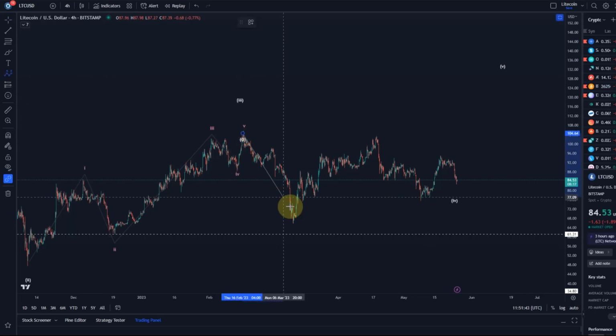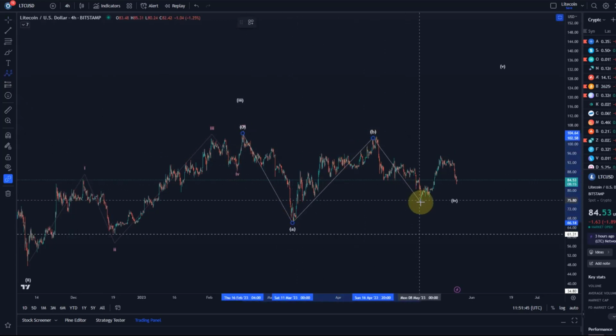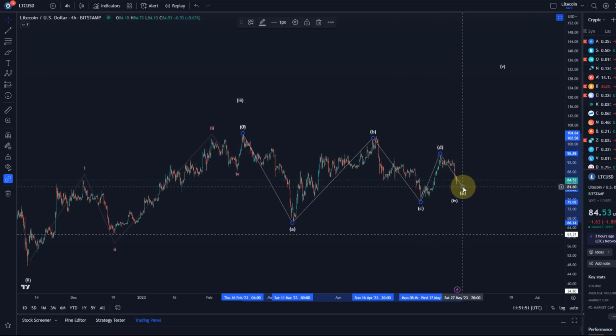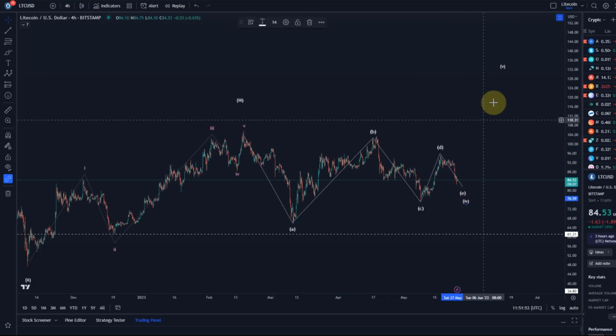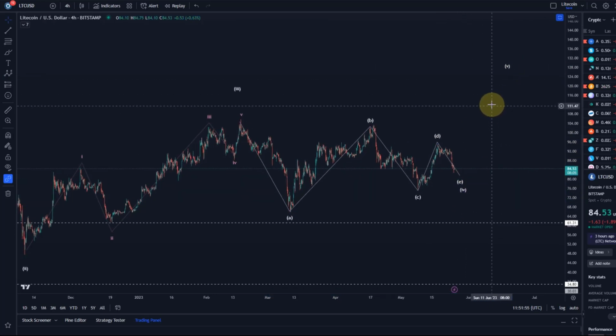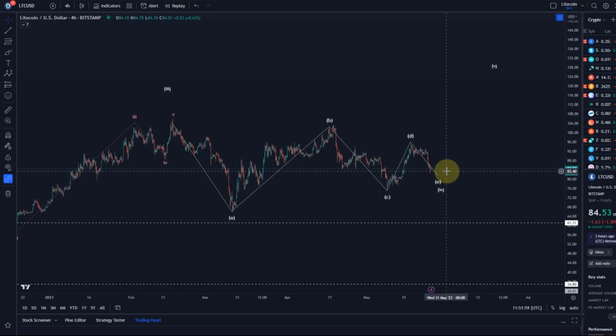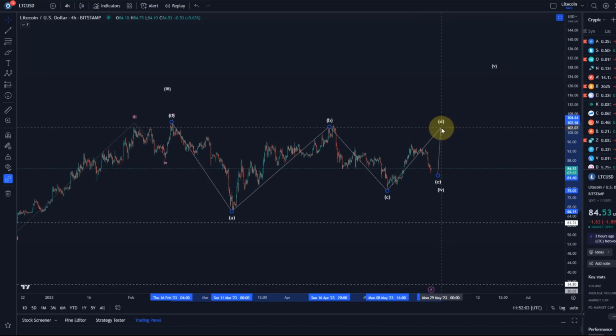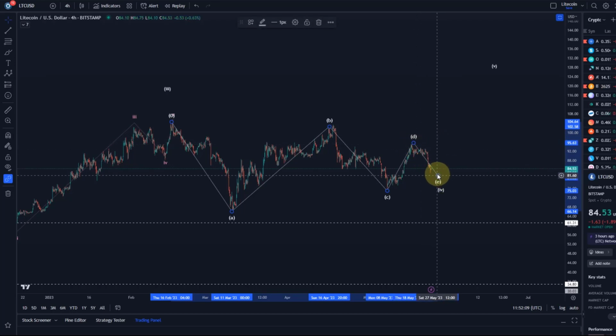So again, A wave, B wave, C wave. And now the question is, have we already topped in D? And is this the E wave down, and we go higher in the fifth wave next? That's possible. Let me think. So obviously the chances now are that the D wave is finished. Yeah, we come down now in E, fine.